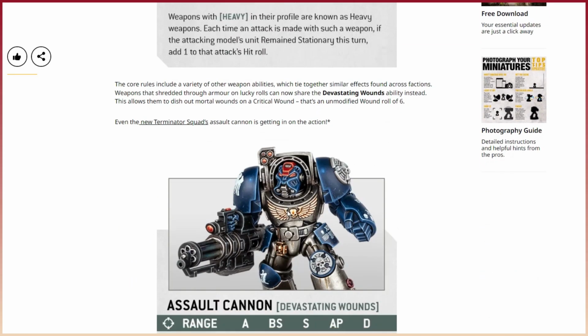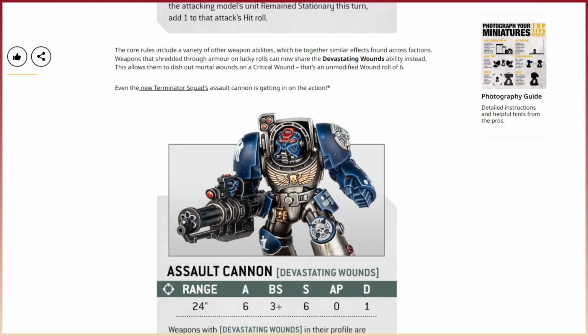an automatically hitting weapon. But if you're going to be staying still, you're not going to gain any bonuses by staying still in fact because you're automatically hitting anyway, so I'm going to presume that's going to change for 10th edition with that weapon. We've also got to take into consideration the devastating wounds ability, which some of the weaponry